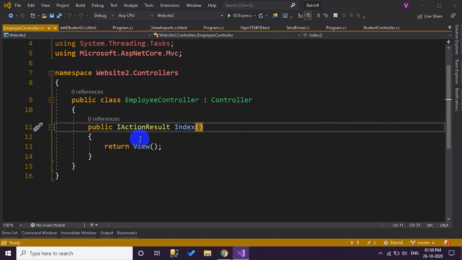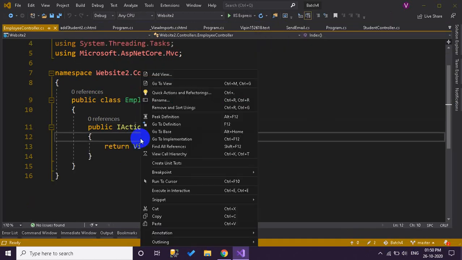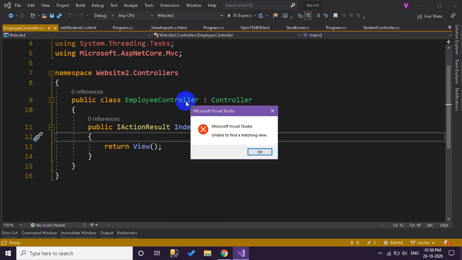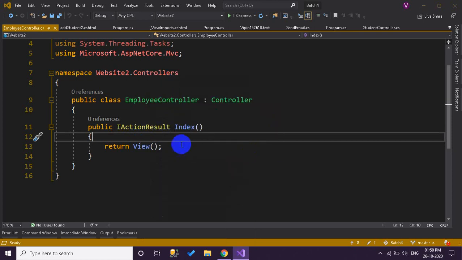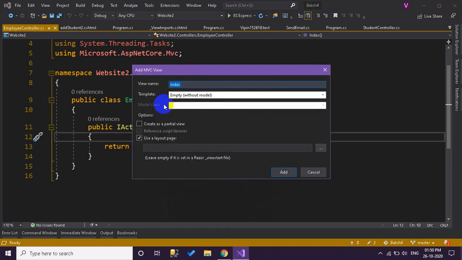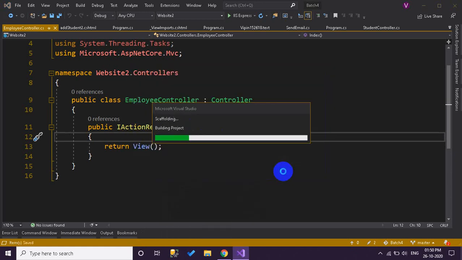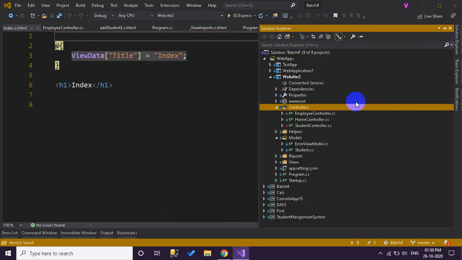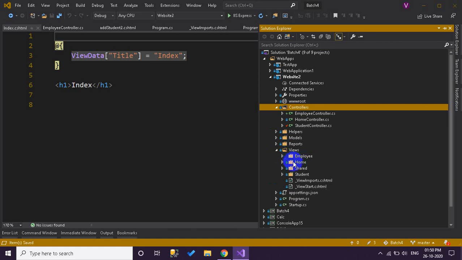Now we have to create a view. Currently there is no view available. You can see, just right click and go to view. There is no view available, right? So we have to create a view. Just right click and add a view and name it as index, and it will create a view. Our view page is created. Let's check whether it is in the right folder or not. Just open the view folder and yeah, there is an employee folder, and in which